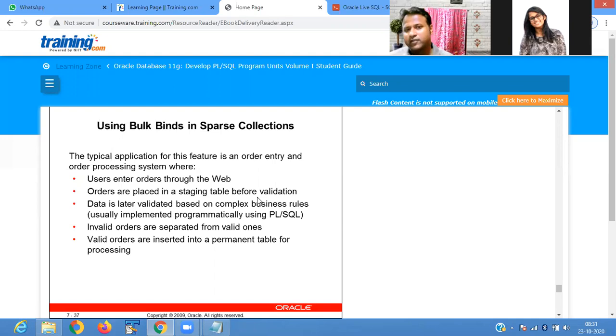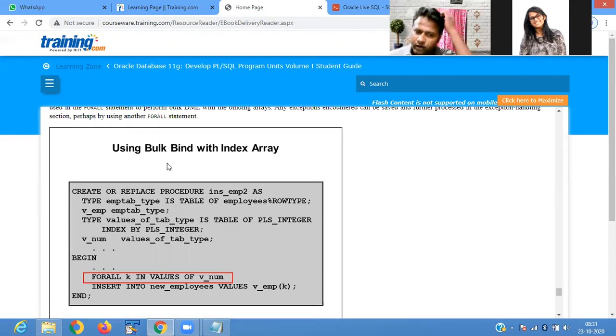So you give your order, but that item is not dispatchable to your location, so it is an invalid order and is placed on one side. Then valid orders are inserted into the permanent table for processing. That is called bulk binding with a sparse collection, which helps you filter your information.